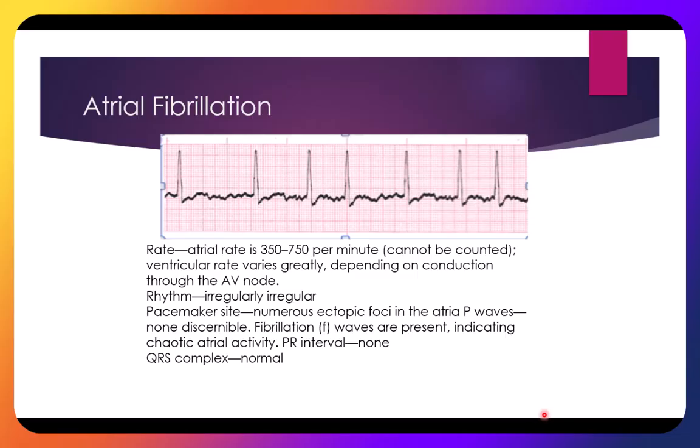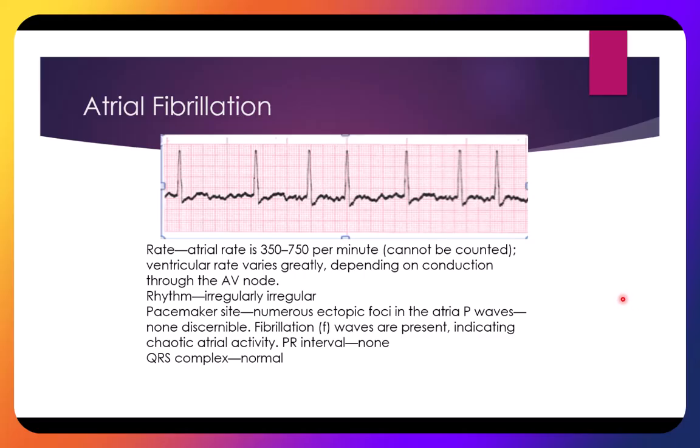I mean, you can look at this and you don't have to be an expert in seeing that the R-to-R intervals are all over the place. So that's what I call grossly irregular. One of the things I want you to do, okay, everybody listen to me now, is anytime you see this chaotic baseline or a perfectly smooth baseline, but your QRS complexes are grossly irregular, the first thing I want you to examine for is